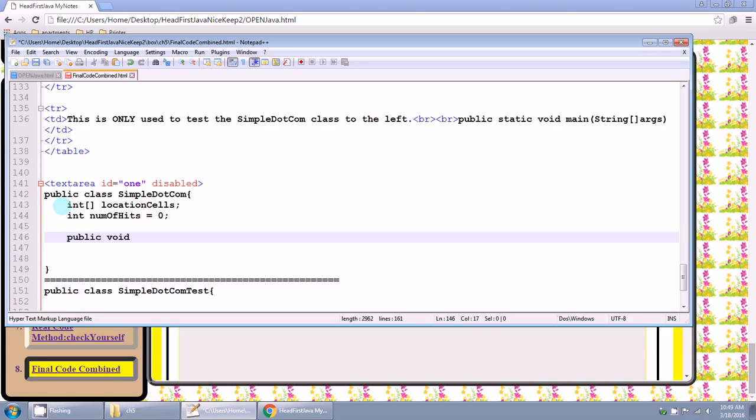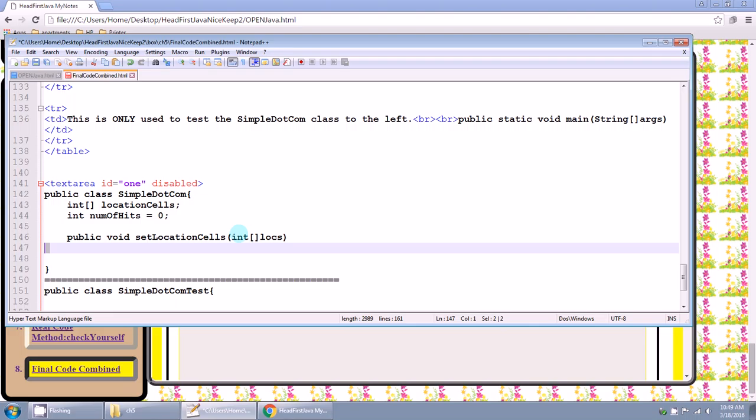Public void set location cells, and we're going to say int, the symbol for array, and locs. This is basically going to be the alias for this. Okay,